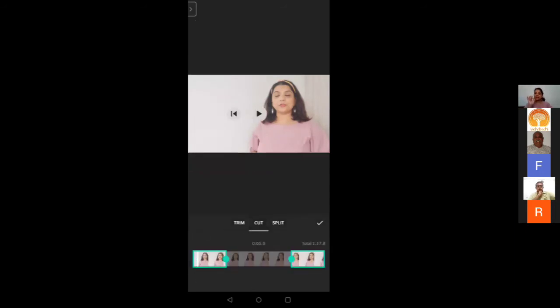So when you select cut, अगर आपको लगता है कि in between you have done some mistake which you don't want, or your video is too long, or somebody else's video is too long, and you just want a certain section from that video, either from the front or from the back, you can use the option of cut. Okay, that way you can keep on selecting. And this can also be helpful that if you entirely know that in the middle at this timing I have done this problem, you can write it down कि मैंने 11 seconds